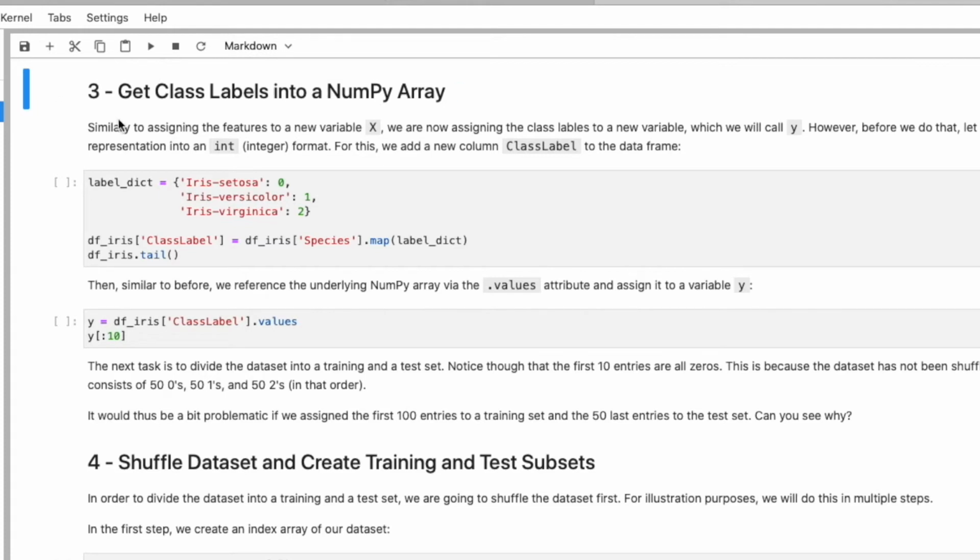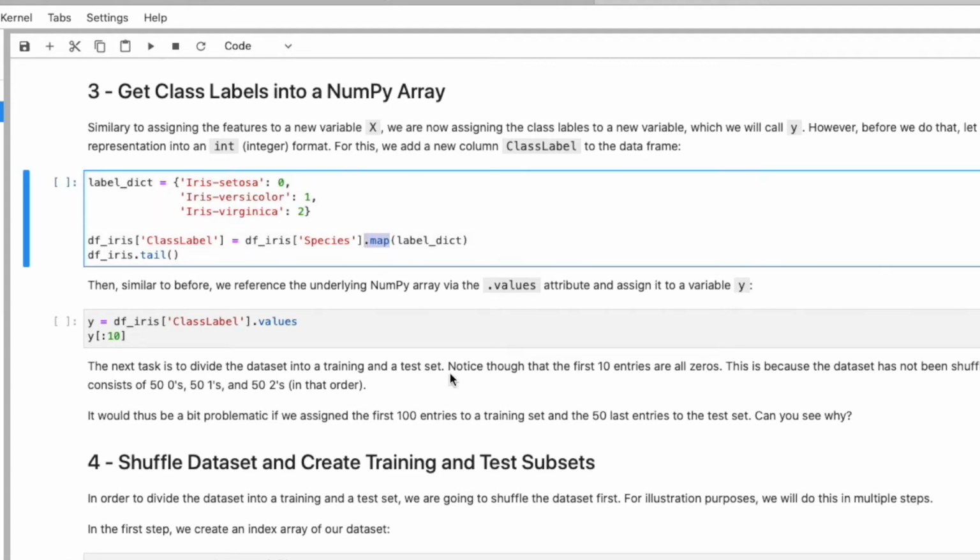So what I'm doing here now is I'm using the pandas data frame with the map function to convert all the string class labels into integers. So I will be using a 0 instead of iris setosa, and I will use a 1 instead of iris versicolor, and I will use a 2 instead of iris virginica.